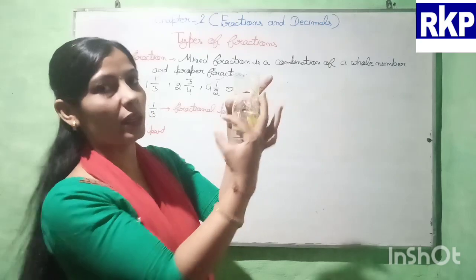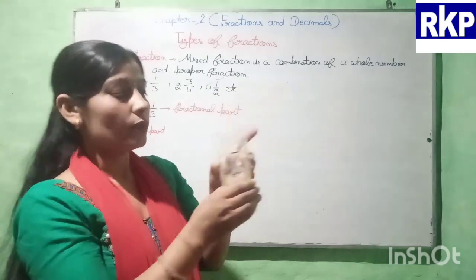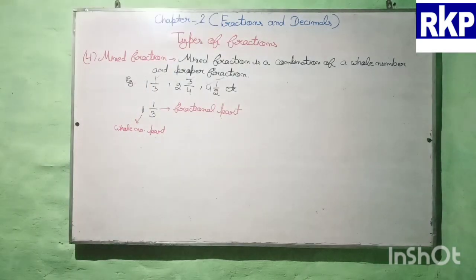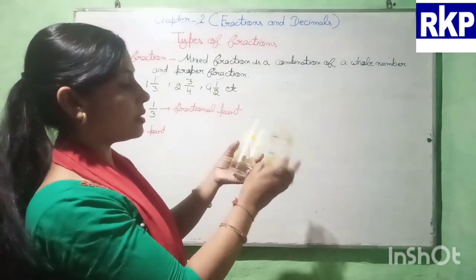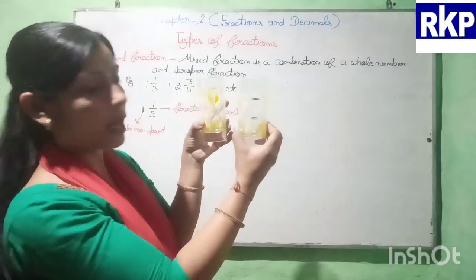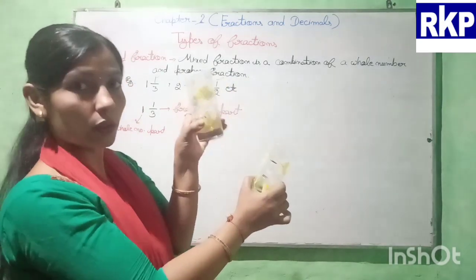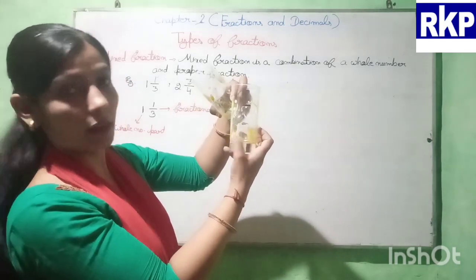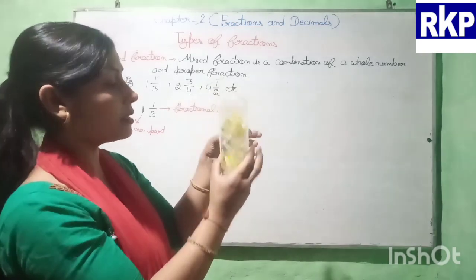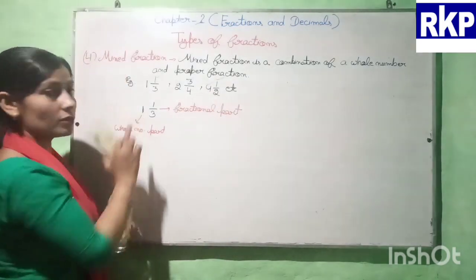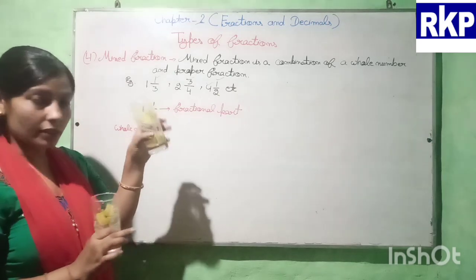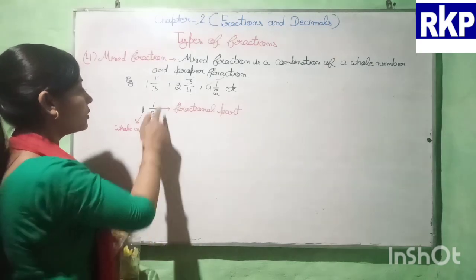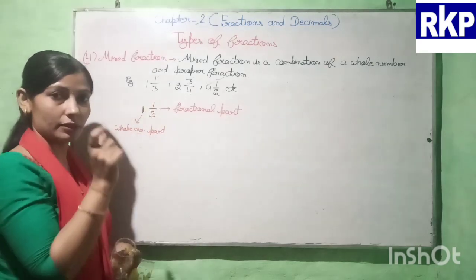I want to take only this water. इतना ही पानी और पीना चाहती हूँ. ठीक है, so I am drinking. So now students, you can see मैंने कितना पानी पी लिया बेटा. I have drunk this glass, this full glass, and 1/3 part of this glass, only 1/3 part. It means 1, here you can see this 1, this one complete, and from this only 1/3 part. So it means I have drunk 1 and 1/3 part.